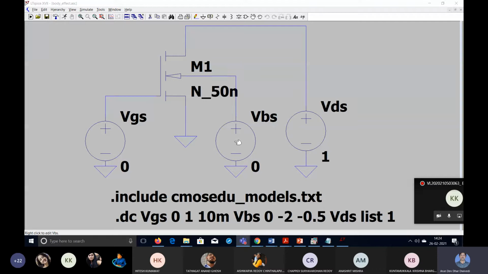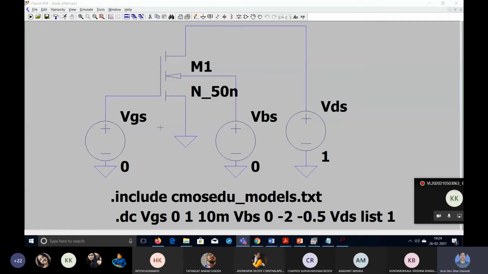So we will see from the plot that threshold voltage is increasing as the body voltage is increased. If body voltage is increased, then from the ID versus VGS plot, we can see that threshold voltage is also increasing. This effect you will study for NMOS. And in a similar fashion, you can study for PMOS also. For PMOS, instead of giving positive voltage at the gate, it will be given negative voltage. Here also at the drain, negative voltage. And VBS will be inverted. Everything will be inverted. And the circuitry will be similar. So that we can see.